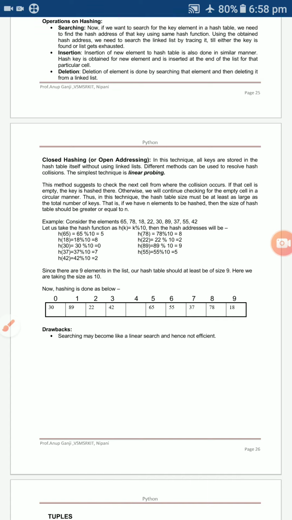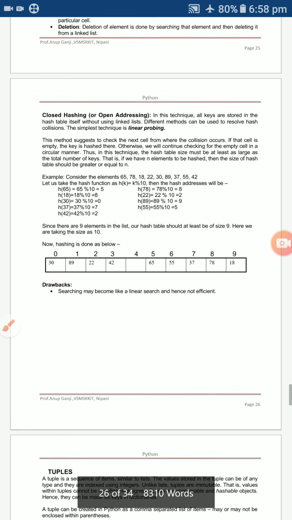So 22 and 42, then 3 is not there, 4 is not there, then 5 is there: place 65, and 55 too. 6 is not there, so I'm placing 65 and 55 continuously in the empty cells.